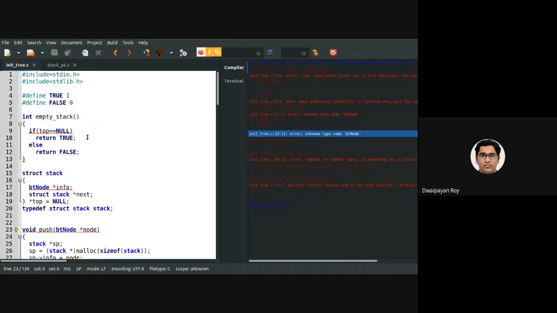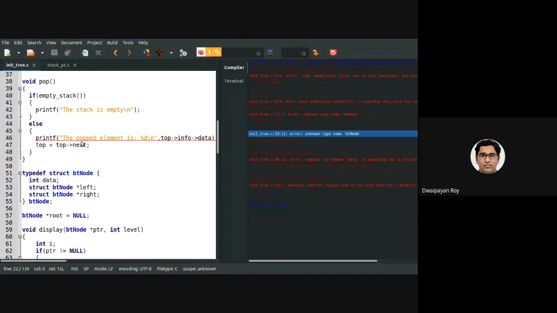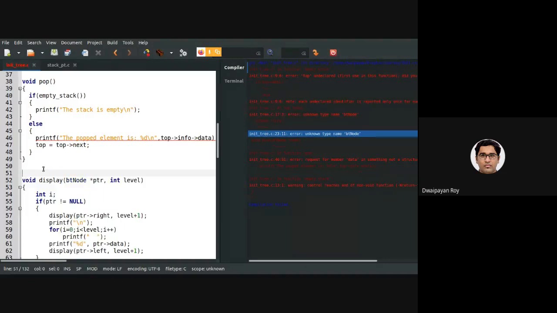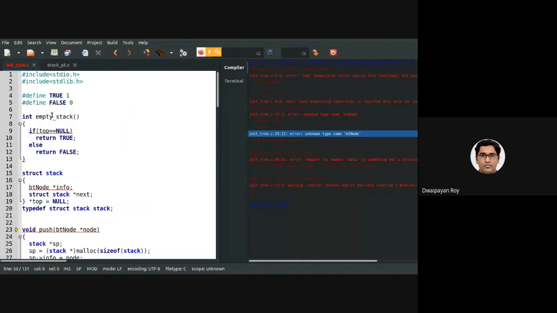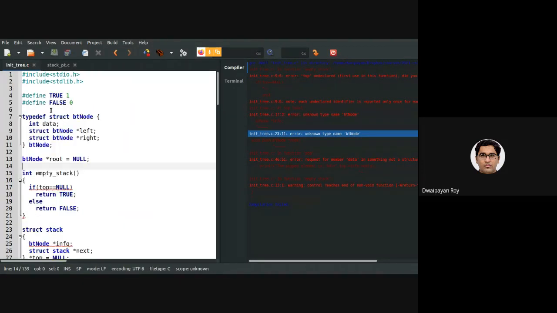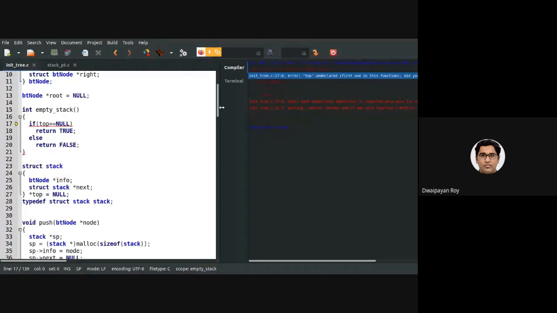I think, oh, okay. So sorry, need to change this. Yeah. So what we need to do is have this BT node declaration in the beginning. Now still there are some errors.